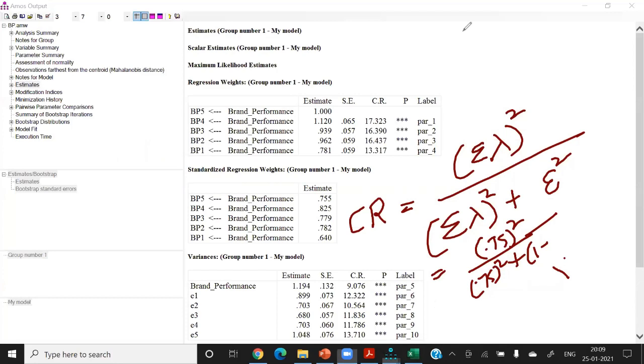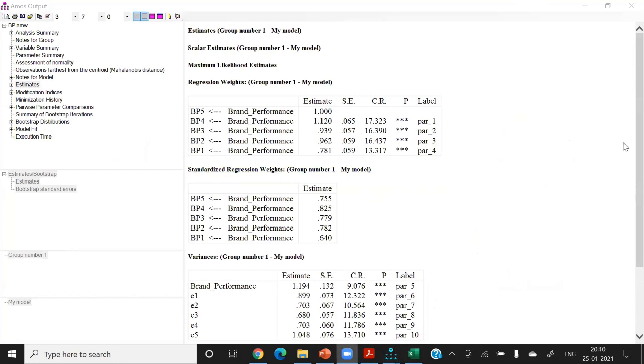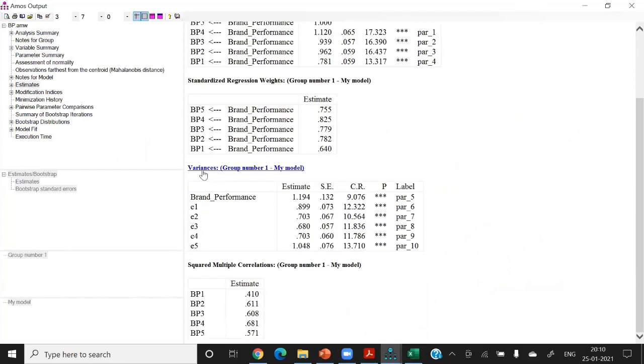After that, now check the performance of these error terms, error variances. One thing which is surprising is that the variance of error 5 is more than 1. So this is a dangerous sign. We should not have very high error variances. So high error variances are the problem. If all the error variances are less than 0.5, then they are considered to be good. But any error variance more than 0.5 is not good. Then in the last table, you can see the R square. That is not a problem here.